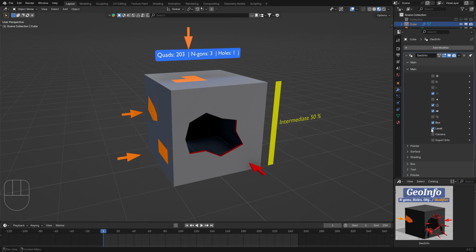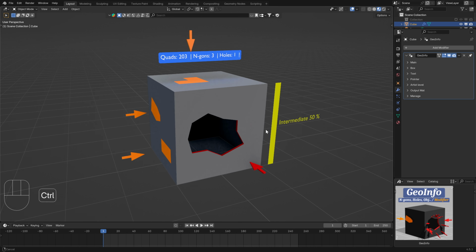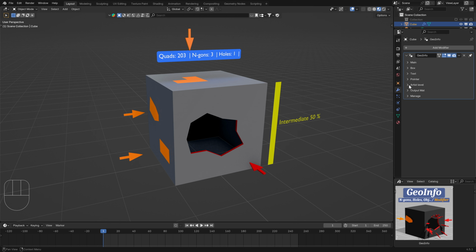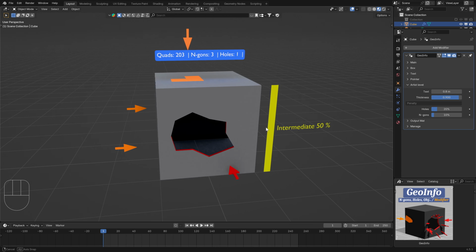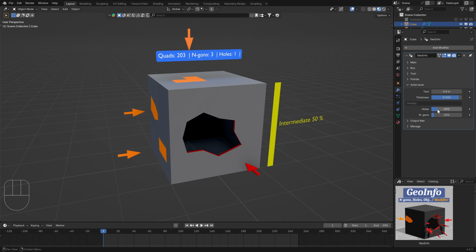When you enable this option, you can see what your level is. So now you can go in artist level, and to understand how this works, you have these two values, all and end goal. If you have one all, you have a 20% penalty.